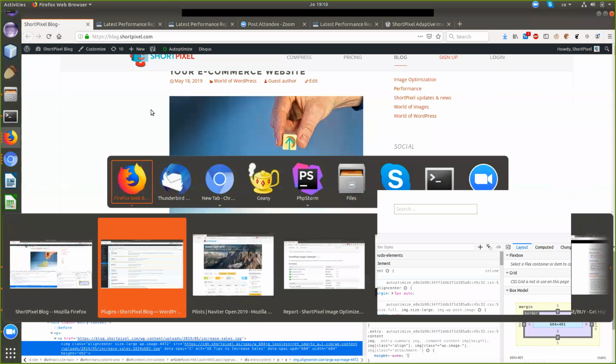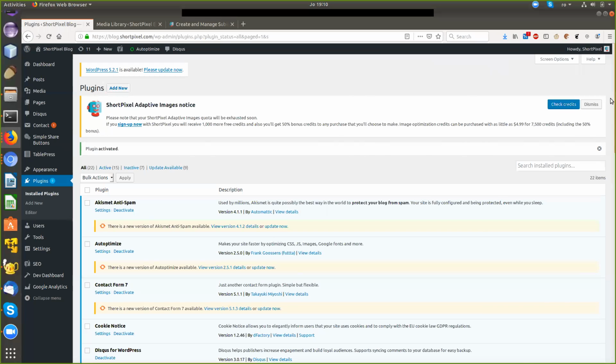And you see that I have a notice here. Well, this notice doesn't appear at the beginning. At a certain point, your credits will be exhausted. So the plugin will start telling you that you will have to create an account. Sign up now with ShortPixel, and you will receive some bonus credits and everything. And there you can also purchase credits. For you, with the packages that you bought on AppSumo, this won't be necessary, but there is something that you need to do in order to be able to use your lifetime deal on the website, which is to log in to your account